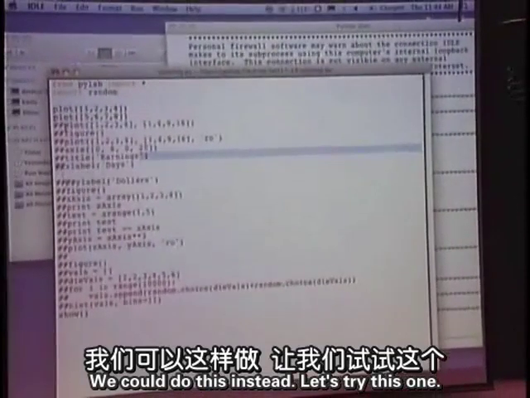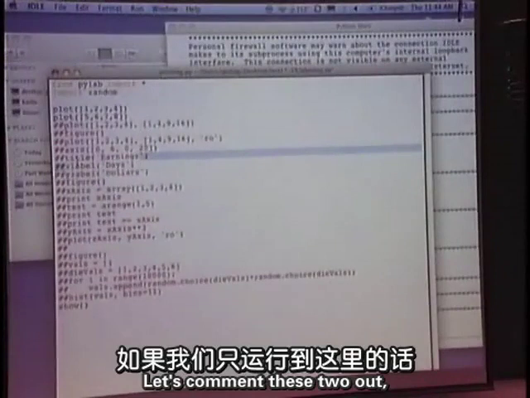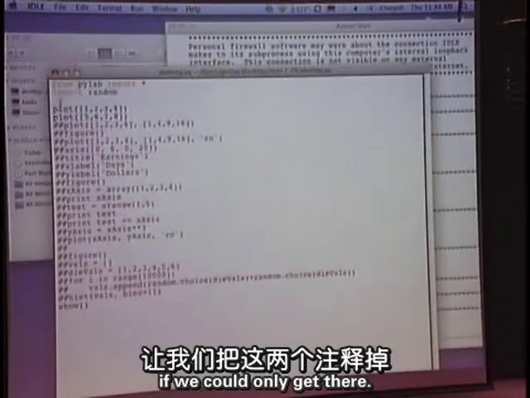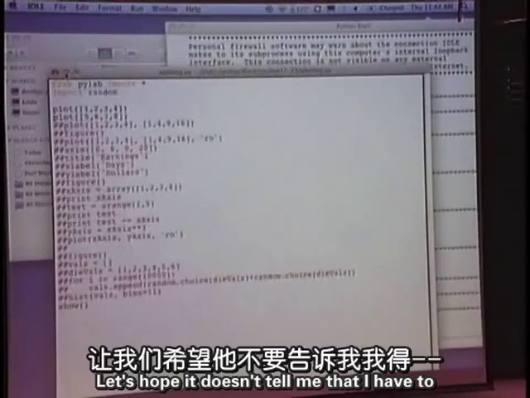Let's try this one. What did I just do? Let's comment these two out, if we could only get there. This is highly annoying. Oh dear, oh dear. All right.